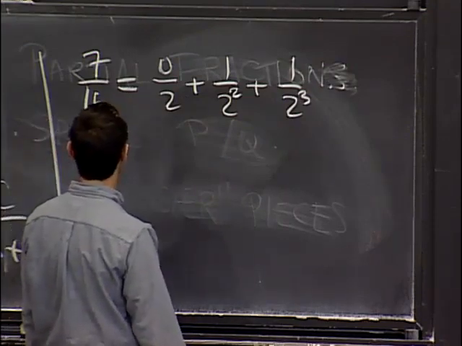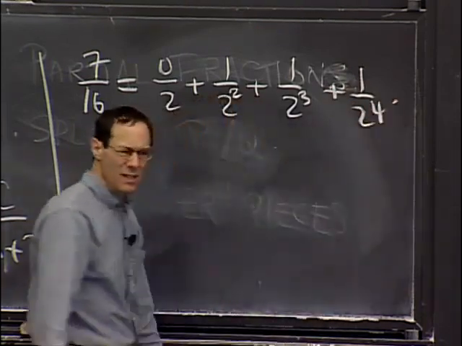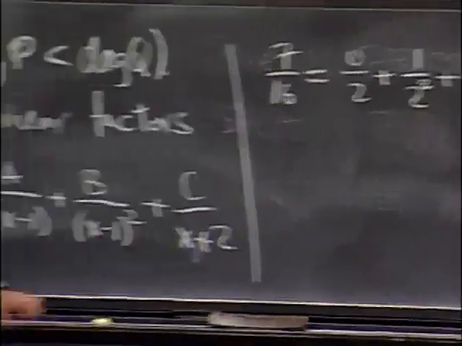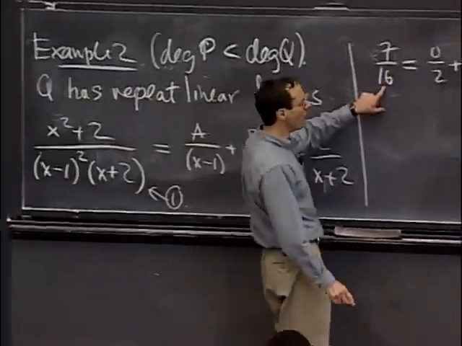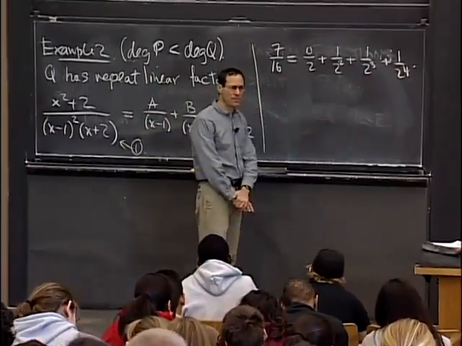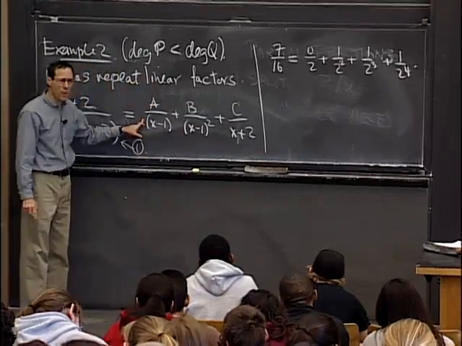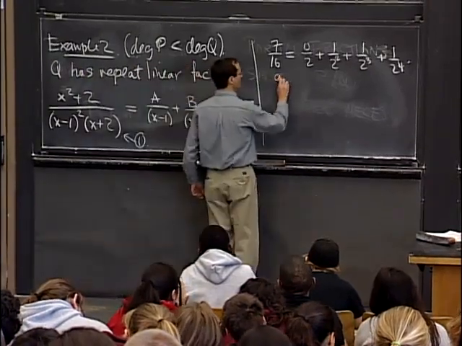So it's 4/16 plus 2 plus 1 over 2 to the 4th. It's this sort of thing. And I'm getting this power and this power. If I have higher powers, I'm going to have more and more. So this is what happens when I have a 2 to the 4th. I'll have to represent things like this. Now that's what's coming out of this piece with the repetitions here of the powers. So this is just an analogy